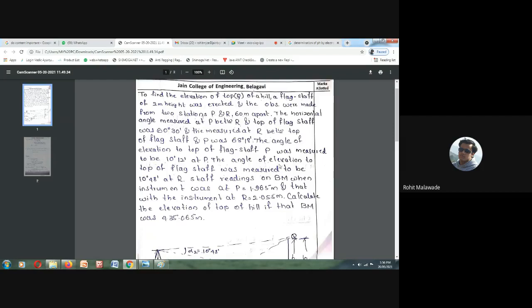Do you have any doubt? No, sir. Okay. So we have finished the single plane and double plane method. I think you have understood what is single plane and what is double plane. Single plane is when you take the vertical reading in the same line, right? And double plane is when you are measuring, when you sight the vertical angle, the vertical plane is changed. So that is your single plane and double plane.